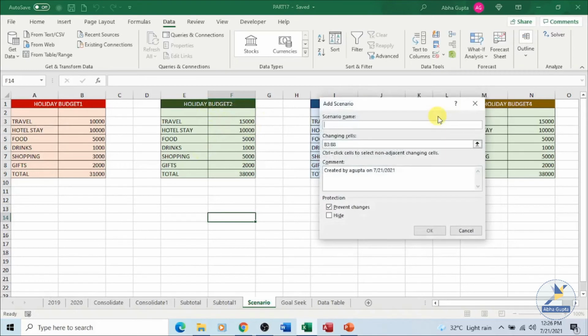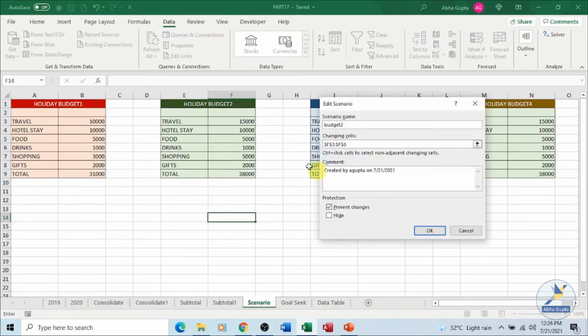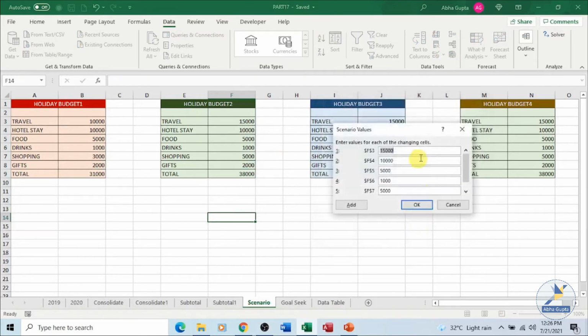Let's add another one, a scenario for Budget 2. This time we want to change these cells over here. Again, same options. You want to make changes. Hotel stay, we want to have a good hotel, so we want to spend so that we have additional facilities in the hotel itself. Change it to 20,000.